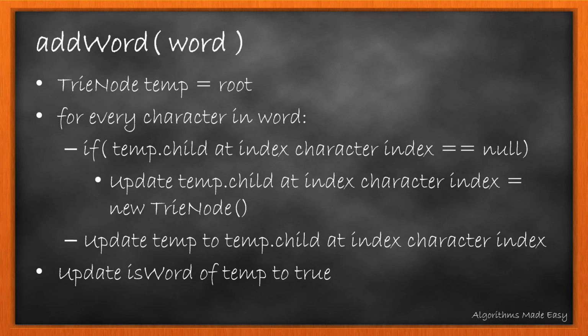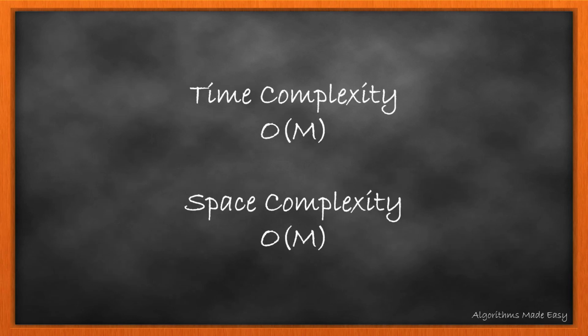In case of adding a word, we will start off taking the root of the trie into a temp variable. This is done so that every time with a new word, we start with the root. Now for every character in the word, we will check if the character exists or not. We check this by checking if the object at the character index is null. If it is null, we simply create a new object. We always update our temp node to the child node. After all the characters of the word are traversed, our temp node will be at the end character node, so we mark this as the end of the word by updating the flag. The time and space complexity is O of m.